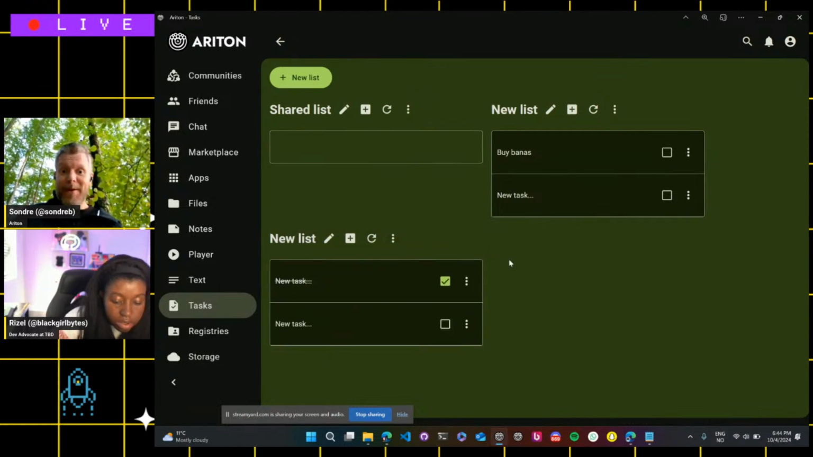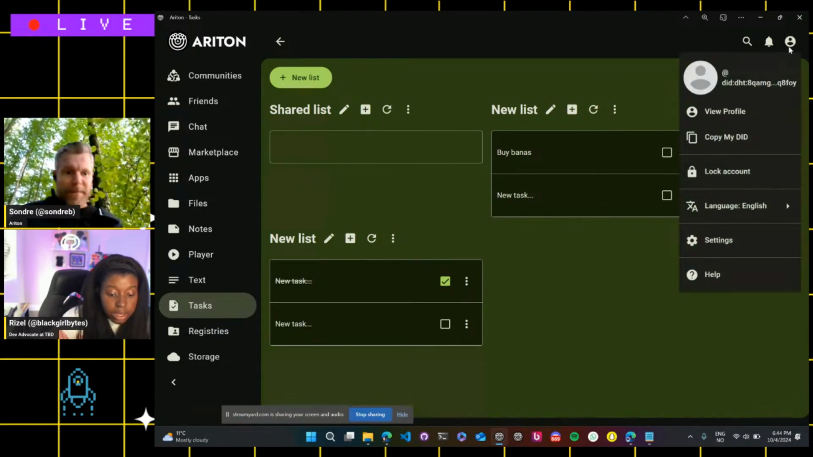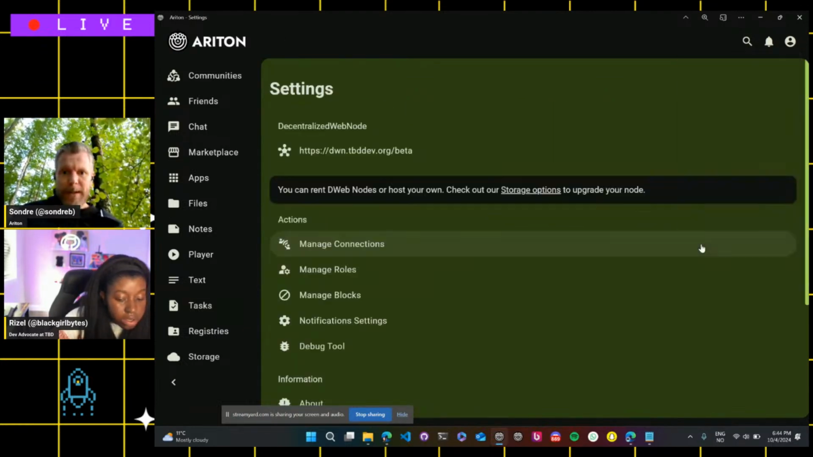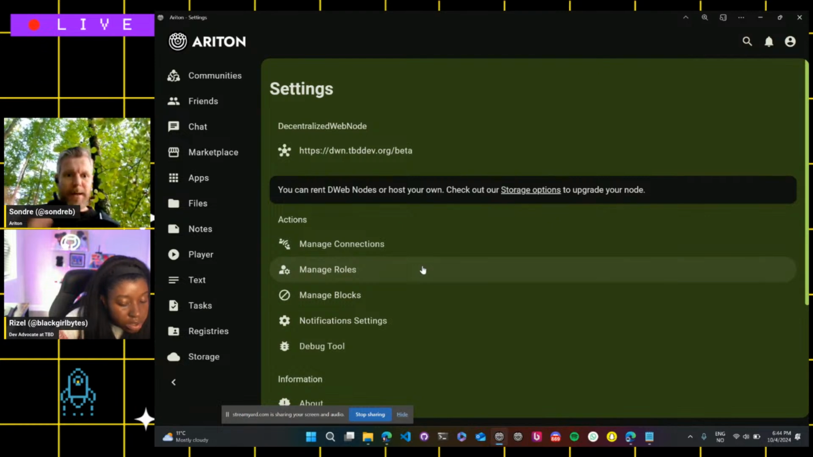The problem then becomes, what happens if you take it from one shared and you take it to a private one? It will disappear from the other user. So that's a challenge to figure out later on. Yeah. So the final thing I want to show in settings now, since I assigned the roles on task here,